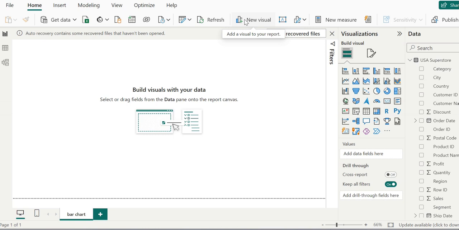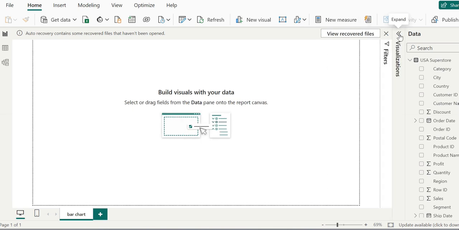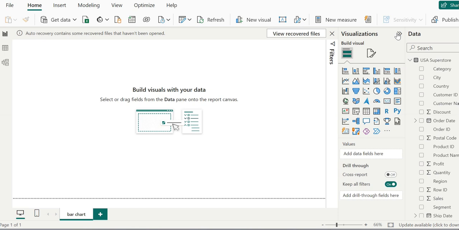We can add a visual to a report by simply clicking here. So another alternative is adding a visualization from here. Another kind of alternative we are going to use here.